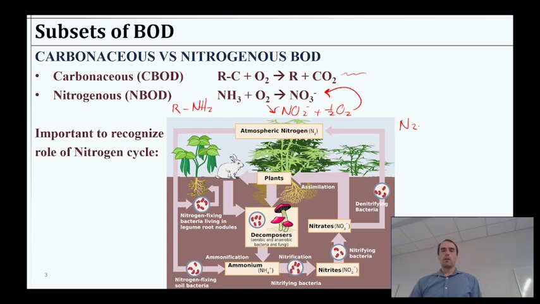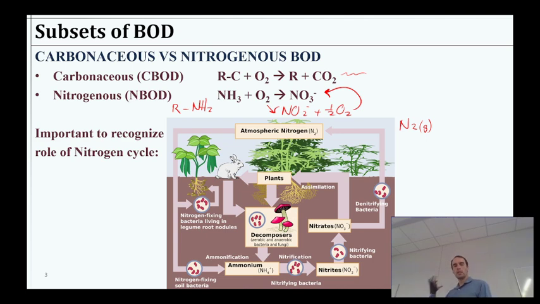That's like 78% of our atmosphere, breathing that all the time. Plants can take that up to an extent, especially with the help of nitrogen-fixing bacteria. But typically, they're going to be taking these nitrate, nitrite forms in from the roots. Then they're going to make this organic nitrogen. Right? These are their plant cells, bacteria cells that eat the plants, all of that, animals.